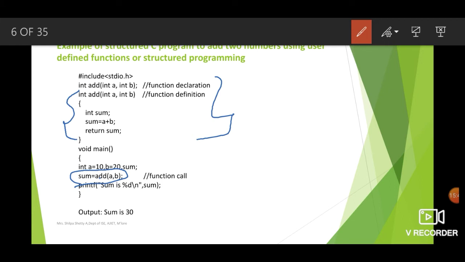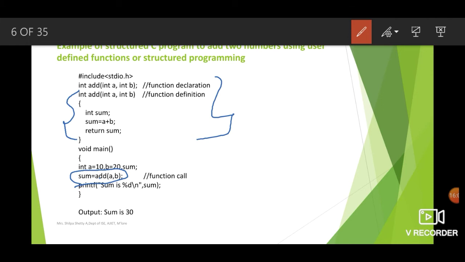Following that, within a pair of braces, we need to define the function. Here we have defined it like this: int sum. Because we are finding the sum, we need a variable called sum in which we will store the value. So we have written int sum, then we calculate the sum. Sum is equal to a plus b.